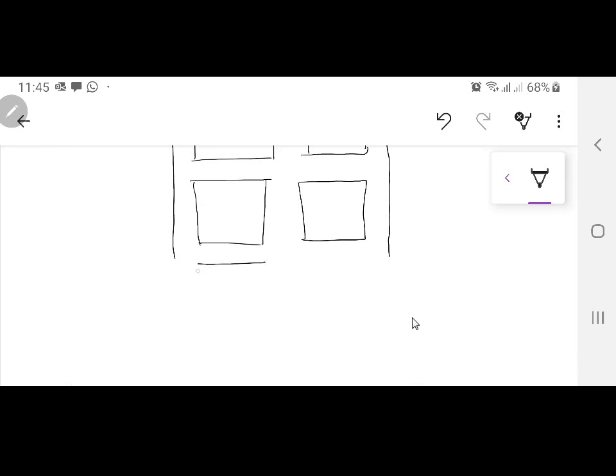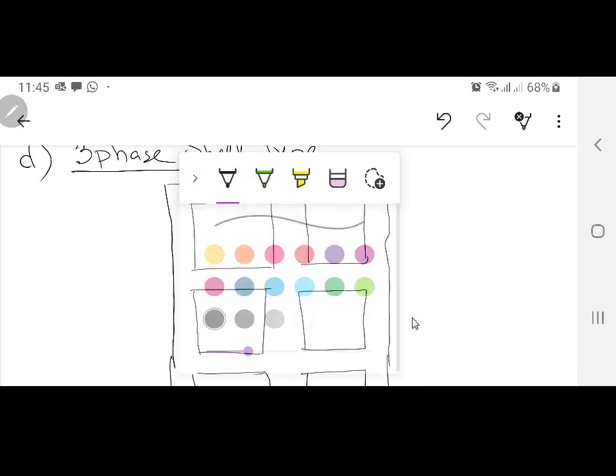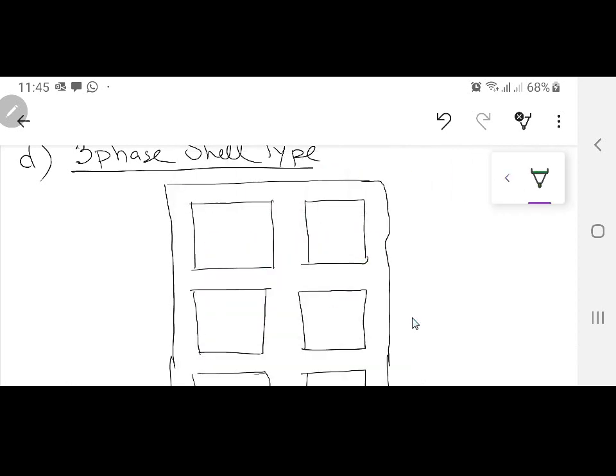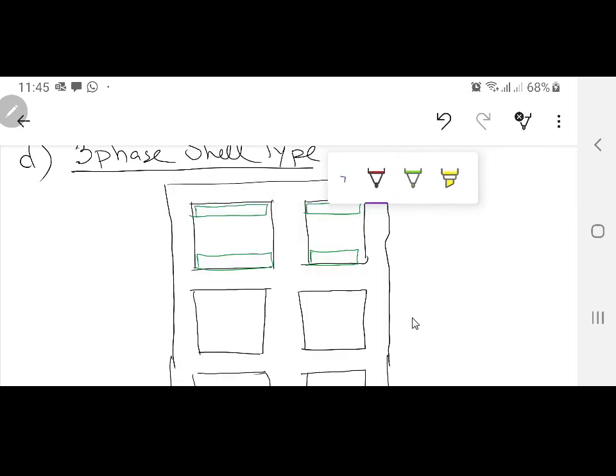So this is my window here, this is my third window, and over here. So again, what will be the low voltage winding? Now here it's totally up to you. You want to go with the sandwich winding like this, you want to go with this like this over here, just like I did in the single phase, or you want to go with the